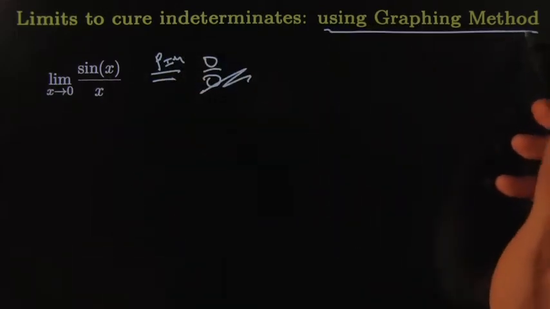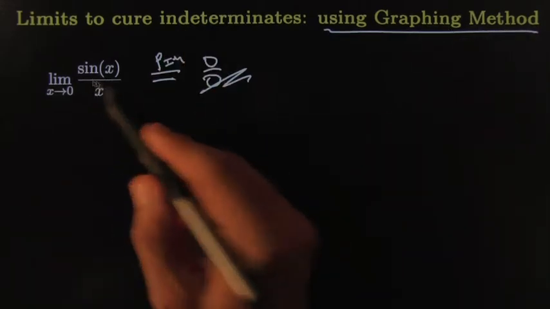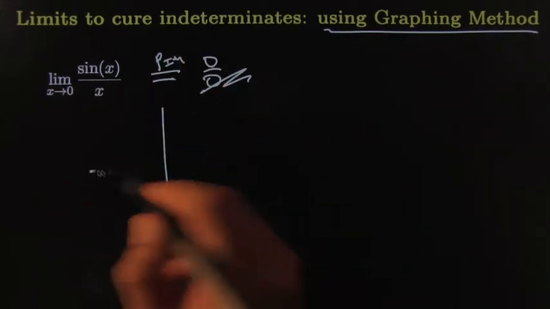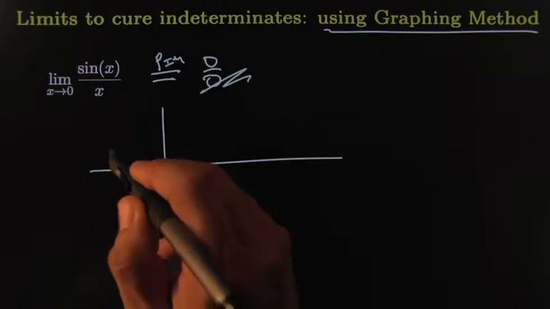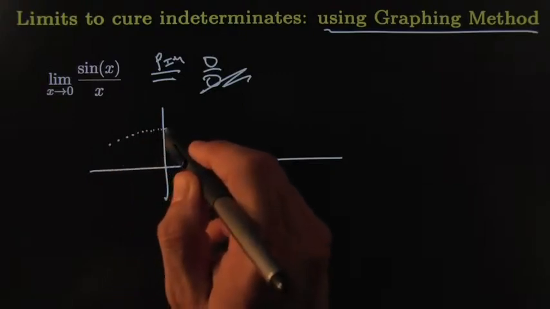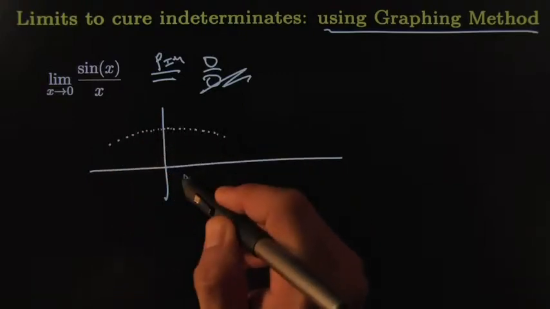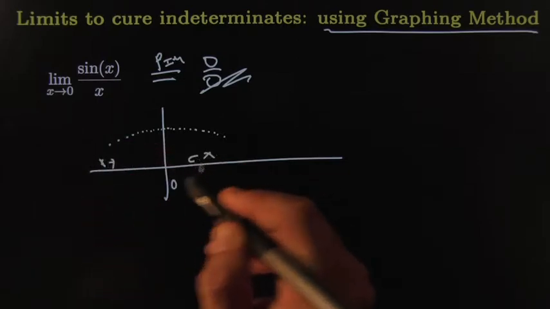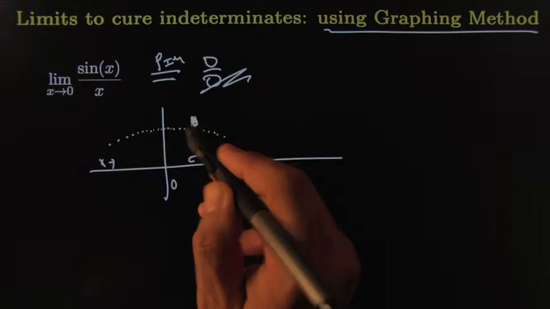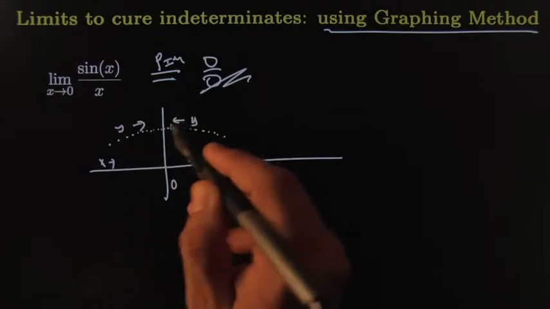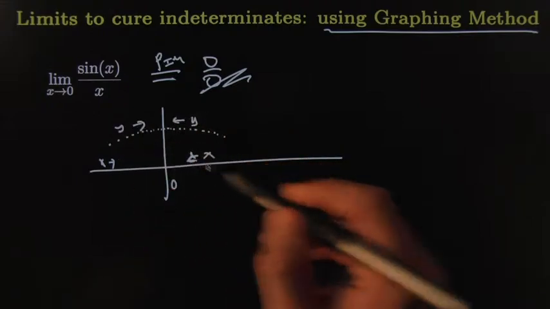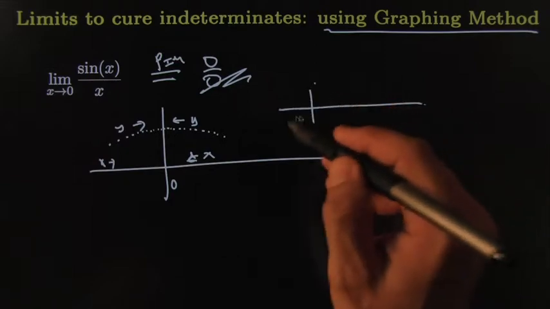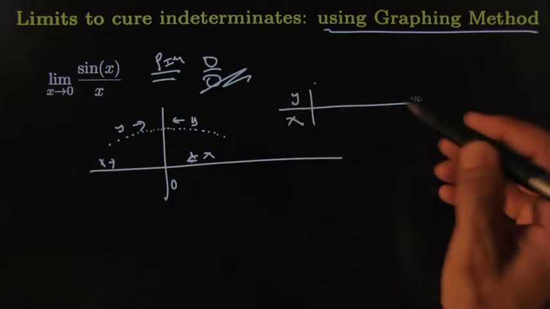Another type of work that you can do would be to try to see if you can graph the function. That would mean simply plotting points here. I could plot points really close to 0, because x is going towards 0 from both sides, and try to observe what the y is doing. I'll save us some work, but you could just make a little chart here, x's and y's, and x is going towards 0